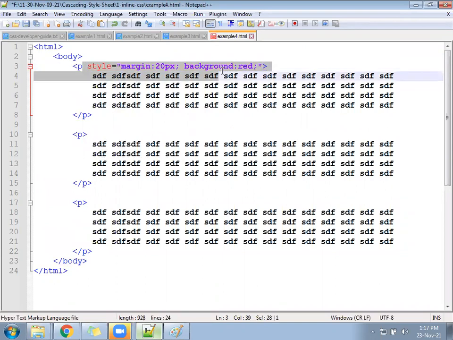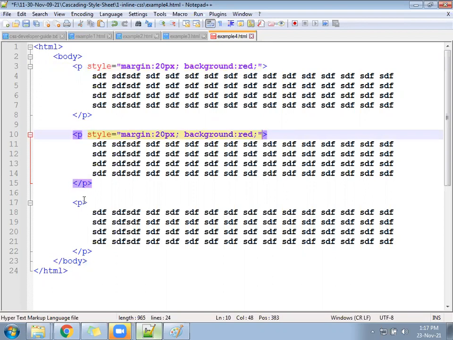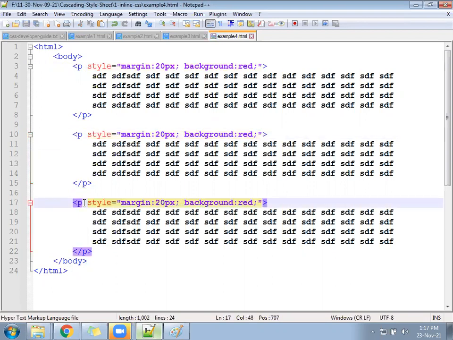Put the same property in all 3 places. Three paragraphs with an equal gap.